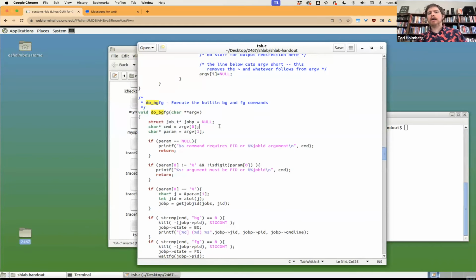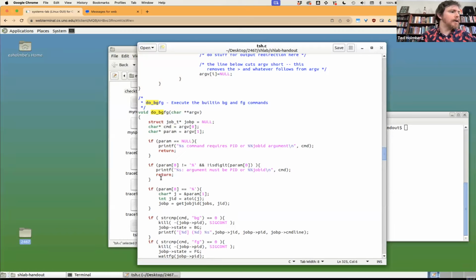And so that's the process job that we're going to update to either go to the background or the foreground and then send it a signal to continue. There's going to be the command from our argument array, which is going to be at index 0, and there's going to be the parameter that's associated with that command inside of our argument array. Okay, with that said, what we need to do is, well, first of all, let's do the logic that's going